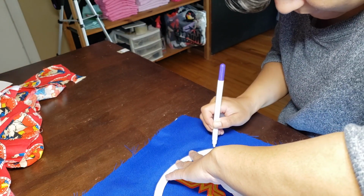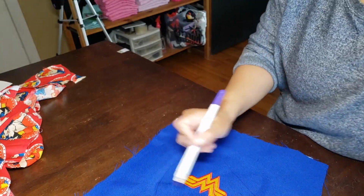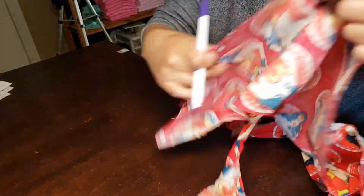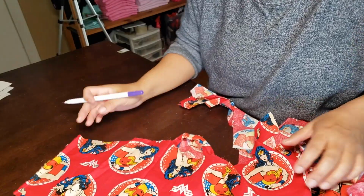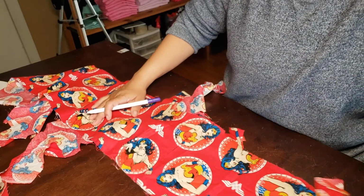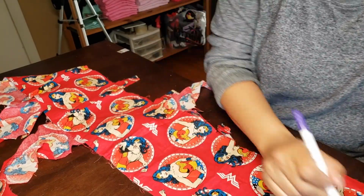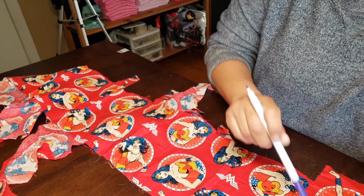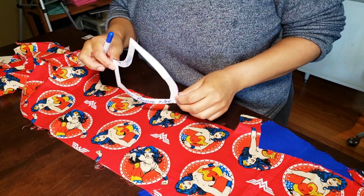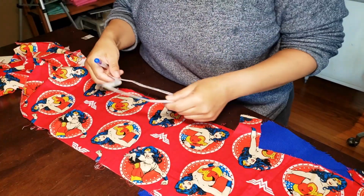Oops. Got your line traced around and you cut it out. So I'm just going to put that to the side so I can find a suitable Wonder Woman. I think I may not find it on this one. Once I run out of this pose, then I will start using these other poses. So now what I'm going to do is take my little stencil or pattern or template, whatever you want to call it,